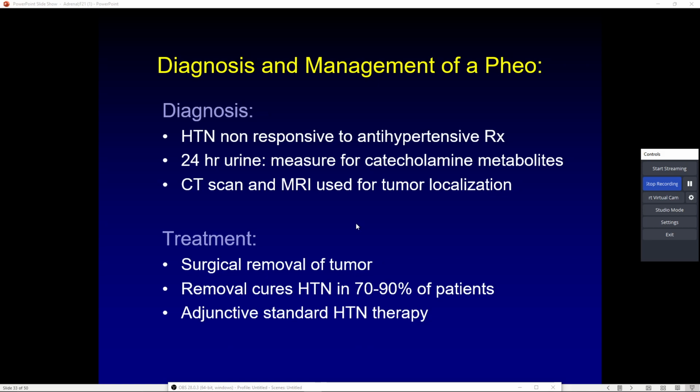So what we have to do then is a 24-hour urine measure for catecholamine metabolites, CT scan, MRI of the adrenals. Okay, find that tumor. We got to get rid of it. And the thing is, I got to get you stabilized first. So you're going to end up on a Cardizem and a nitro drip or some combination thereof, depending on your presentation, depending on severity, depending on what works. But typically the Cardizem is going to come first, potentially nitro secondary or tertiary, depending on how we're doing things.